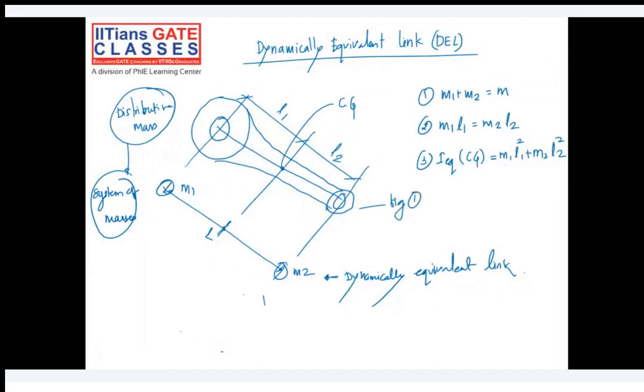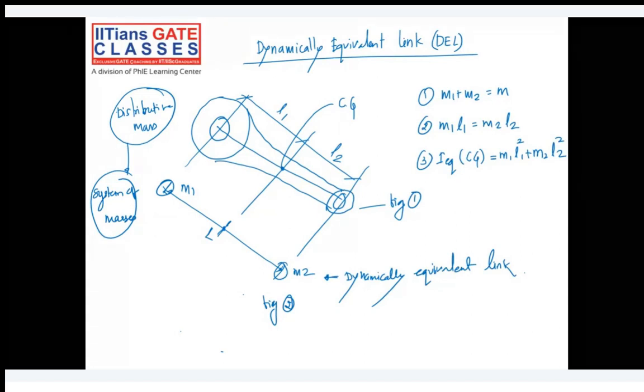In figure number 2, a system of masses is there, which we assume dynamically can represent this distributive mass system, as I have shown. But I can say that this is a dynamically equivalent link only under certain situations. It has to follow some rules, then only can I use figure number 2 and say that figure number 2 is equivalent to figure number 1. Why? Because